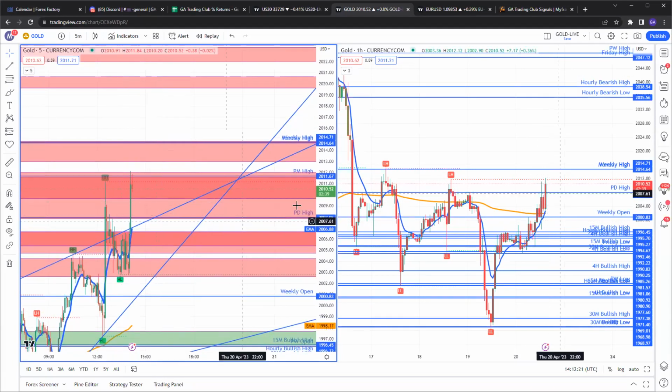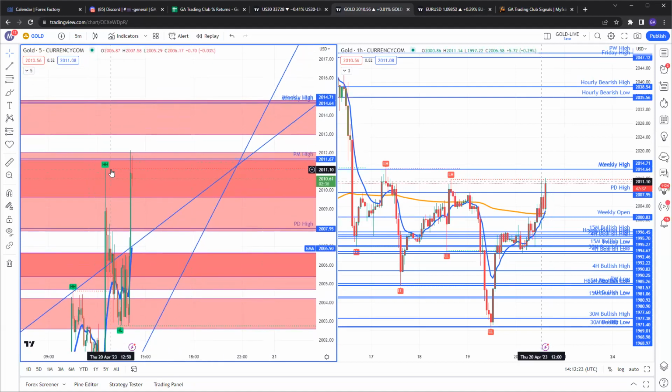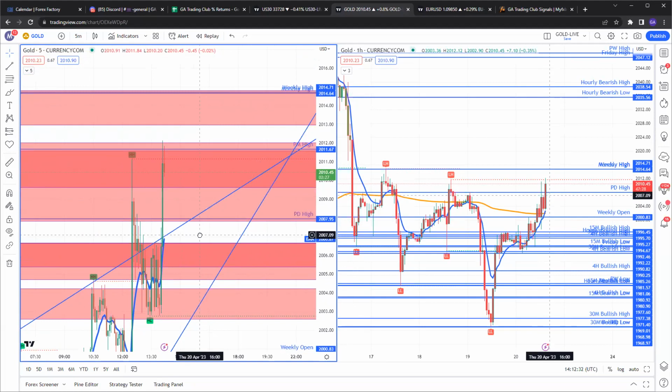From the downside, you can see we are in a supply. So this is where I first sold gold. After news, I sold gold and took profit at 50 pips. So we are still in a sell zone, but I do see price coming back to retest this trend line and retest